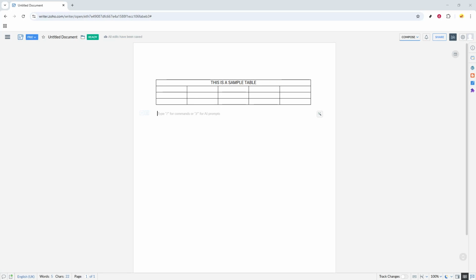In today's video, I'm going to teach you how to delete a table in Zoho Writer. Zoho Writer is an excellent tool for word processing and comes packed with many helpful features. Yet, when you're working with tables, sometimes you might find that a table no longer serves your purpose, and you need to remove it. Luckily, deleting a table in Zoho Writer is a quick and straightforward process that we will